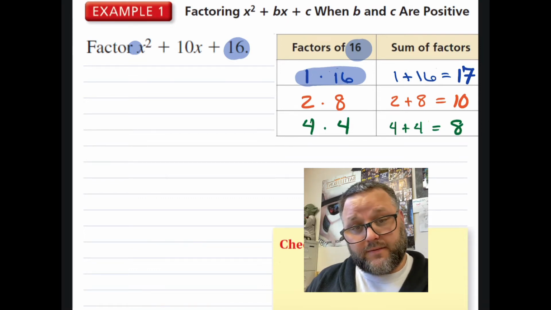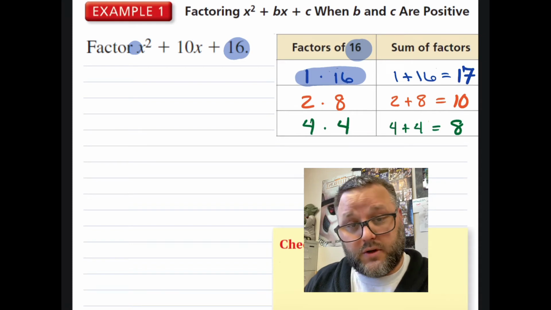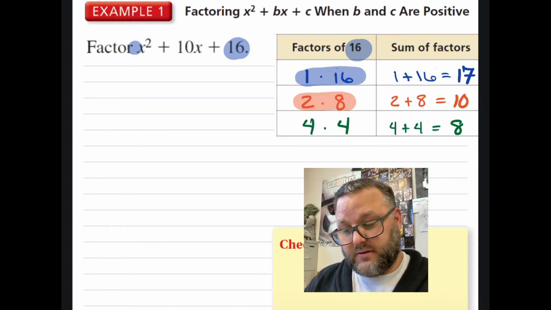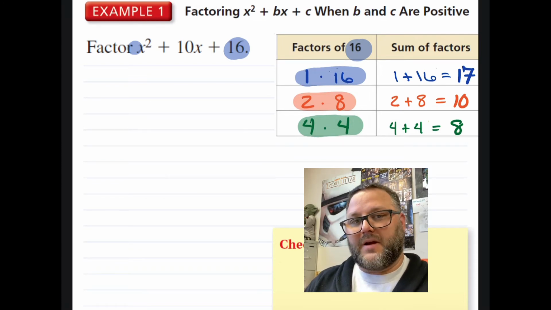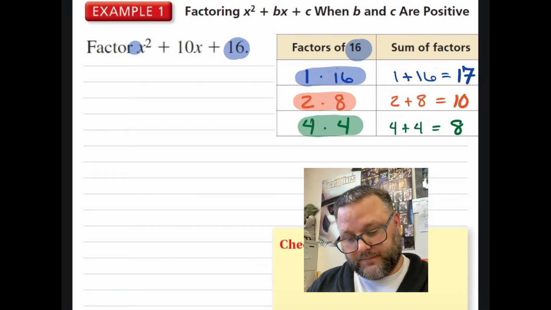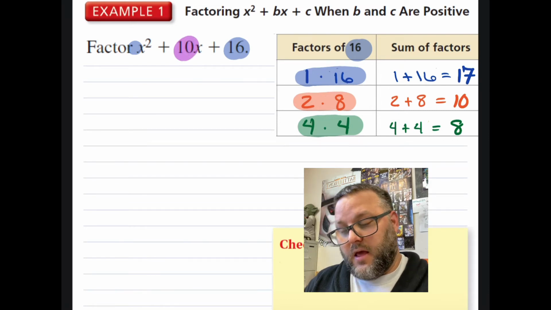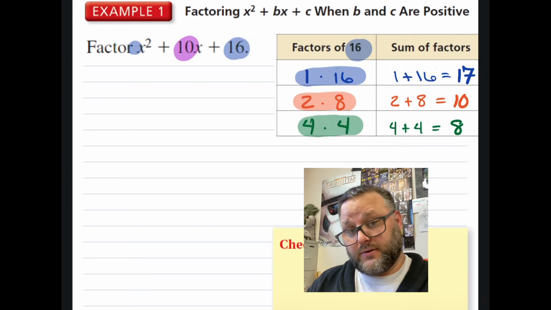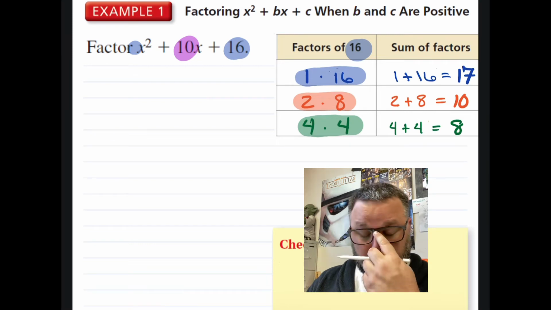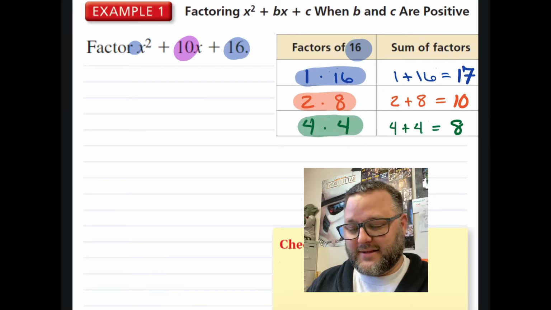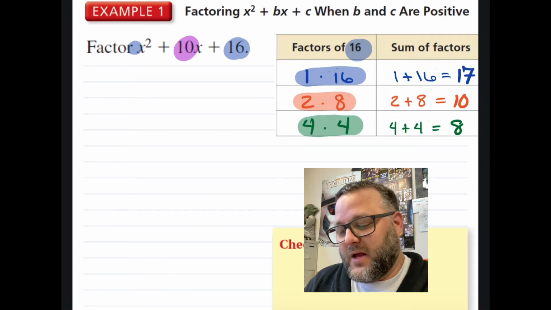Now that I found all of the factors, which are just 1 times 16, 2 times 8, and 4 times 4, now I'm going to look at their sum, because this will help me narrow down even further what I need to build my polynomials. I'm going to look for the number 10. And that is because when I have the factors of 16, I was wanting to say a times c, but a isn't listed. We went over that earlier. When we find the factors of 16, I also need them to add up to 10,